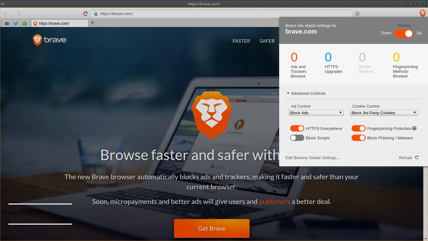It's well worth a look. It's very, very promising. There are a few downsides to it, but considering this is a new browser, these are incredibly minor. Like a browser as new as